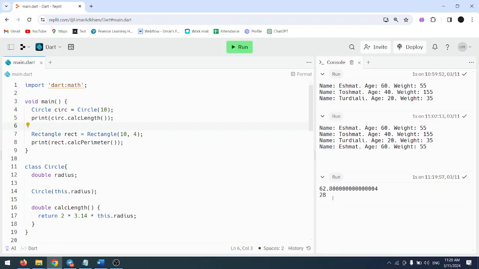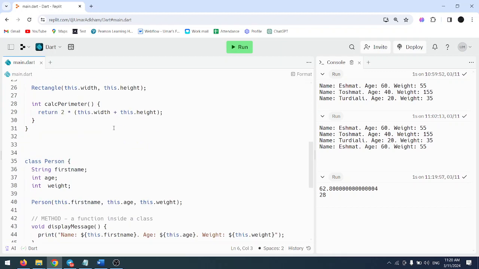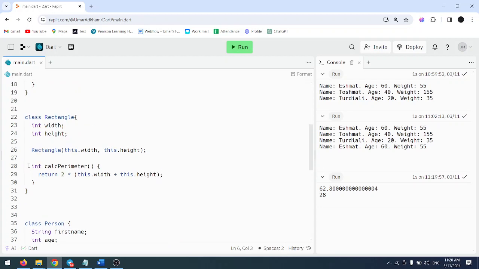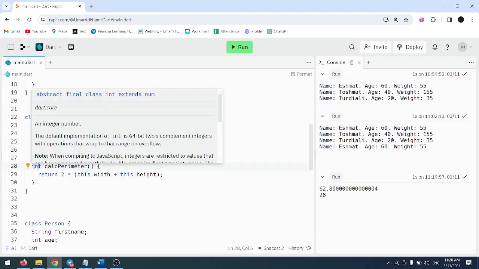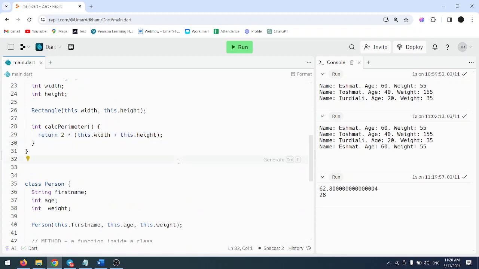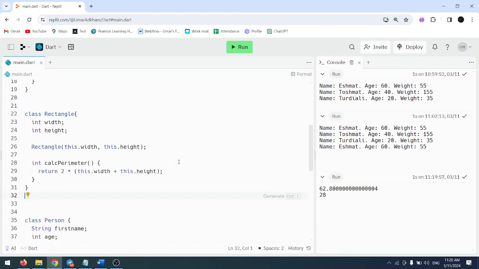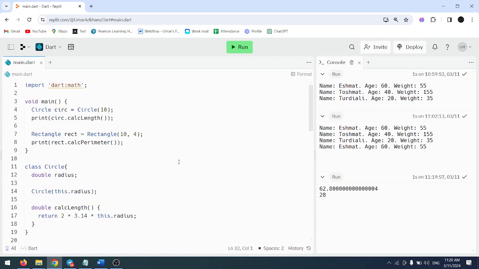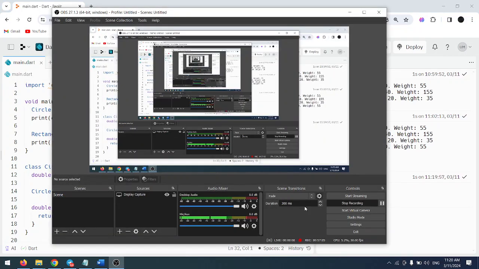Very good, 62 point something. So you understand, right? The methods are the functions inside the class. So they do some calculations or something like that inside the class, okay? I will give you homework based on the methods and classes today. Do it without ChatGPT. It's not hard. Okay, I'm gonna try to send the video to you, the link of the